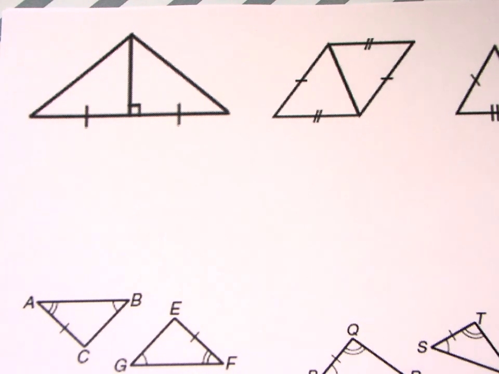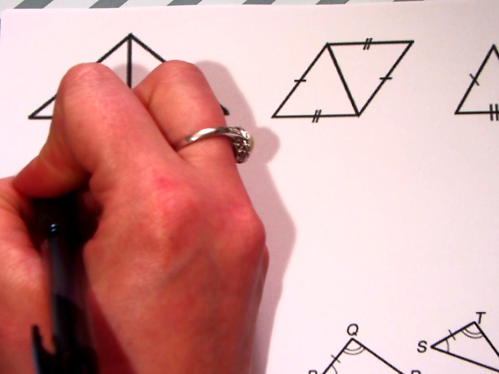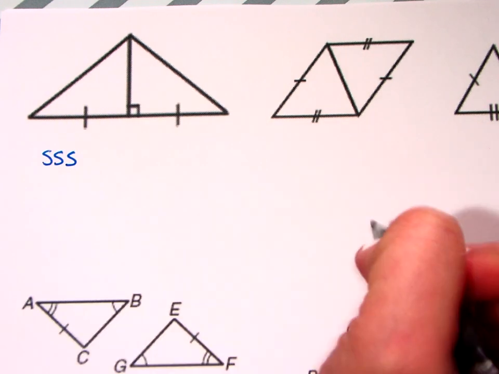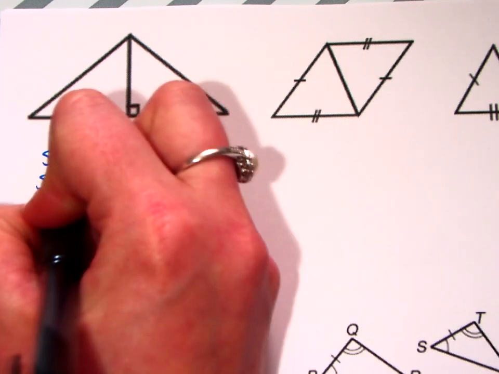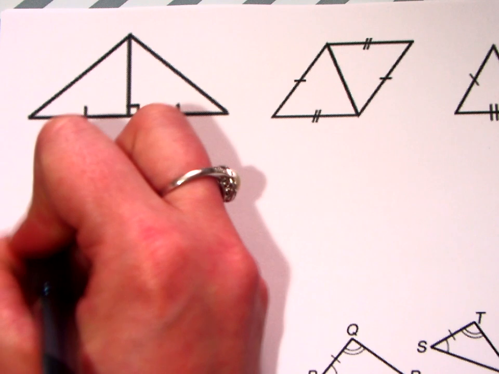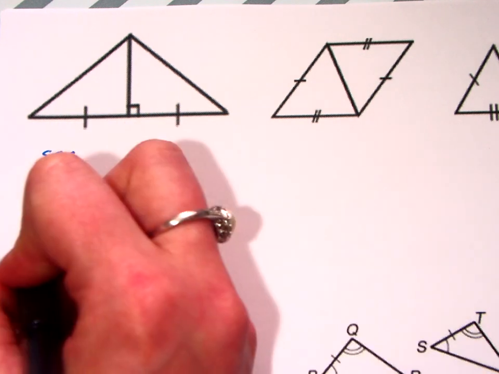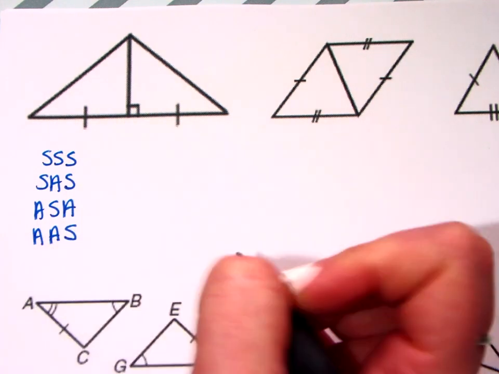Today's video lesson is how to determine whether or not triangles are congruent using the 5 methods that we discussed in class. So let's go ahead and list them out. Listing the theorems is going to help you identify whether or not they're congruent. I'm going to start with side, side, side; side, angle, side; angle, side, angle; angle, angle, side;